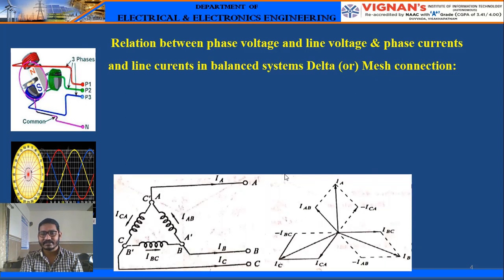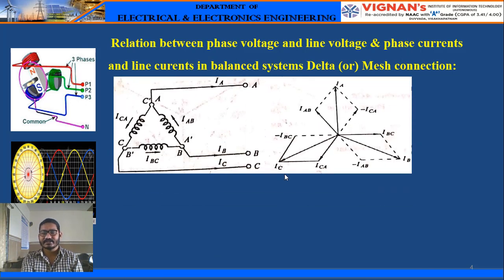So this is the delta connected circuit, and this is the corresponding phasor diagram. Here IA is the current flowing through line A, IB is the current flowing through line B, IC is the current flowing through line C. As I already told, we have three windings: A winding, B winding, C winding. Otherwise you can represent them with R, Y, B. Some textbooks take R, Y, B, some consider ABC. Here we have considered ABC.